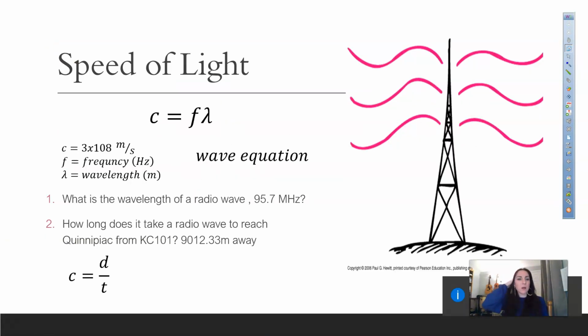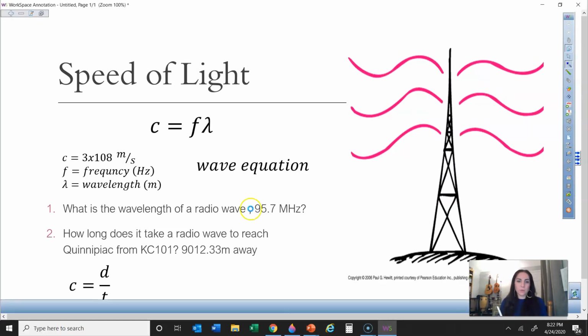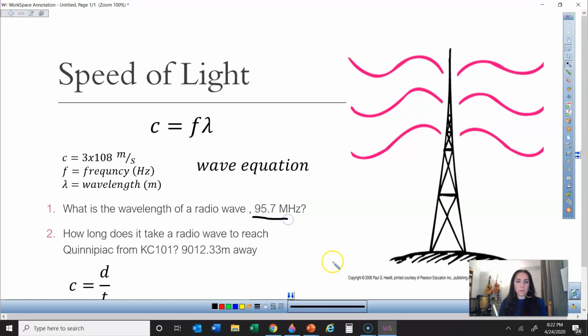So two questions. What is the wavelength of the radio wave 95.7, and how long does it take to reach Quinnipiac? So what I did here is had a little fun. First of all, when you listen to a radio station, this number refers to a frequency. Usually it's just 95.7, 101.3, 104.1, but it's technically in megahertz, where mega, capital M, is a metric unit, which is times 10 to the 6th, right? So, therefore,